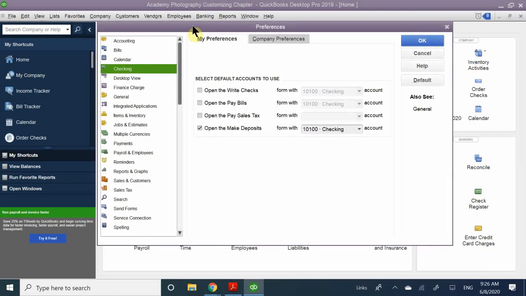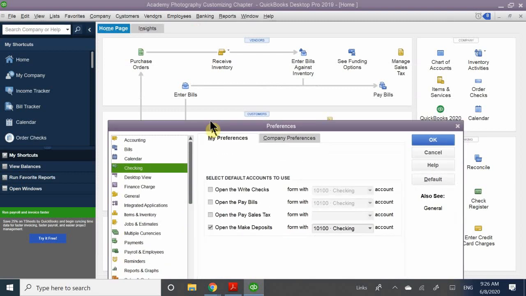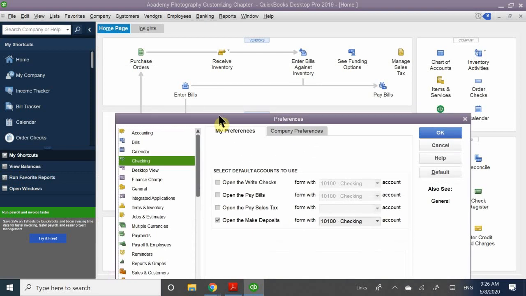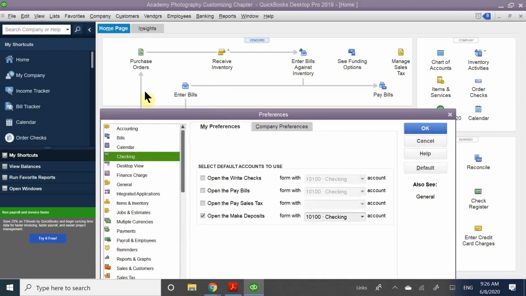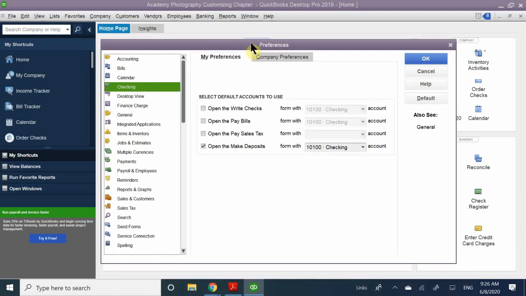Okay. So anyways, going back to the lecture. I want to show you how I can change my homepage. As you can see right now, I have a pretty nice homepage, right? I got my invoices here, my received inventory, and my payments for it, right? So I have that whole section right there. Okay. If I really want to customize my homepage, what I can do is go ahead and